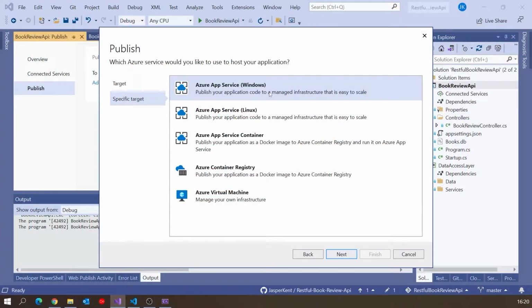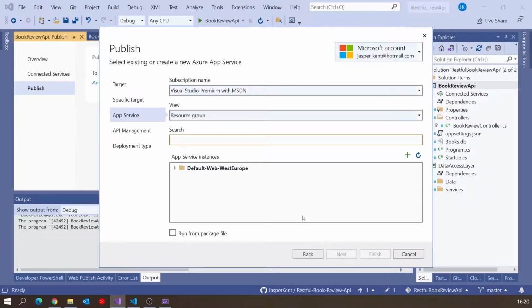And the reason that's a good thing is typically for the same performance machine, you will get it cheaper on Azure, not very much, but slightly, if you go with Linux. So that's what I'd normally deploy to. But there's a slight problem here. Once again, because we're using SQLite, that does not work on Linux. So we're going to go with the Windows one. Click Next again, and then we've got to do a few things.